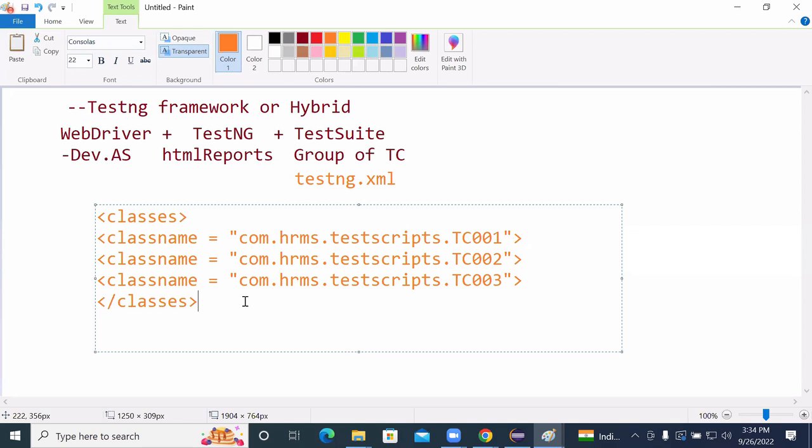Which is not very easy. If you want to provide, we can provide, but not in a very easy way, having that many class names here. 10 class names, 20 class names, 30 class names, okay. But 100, 500, 1000 class names, not very easy to provide. Because of that, we